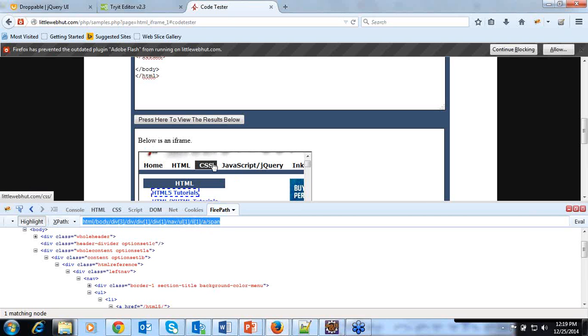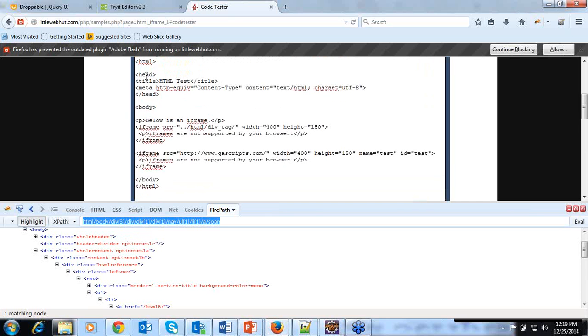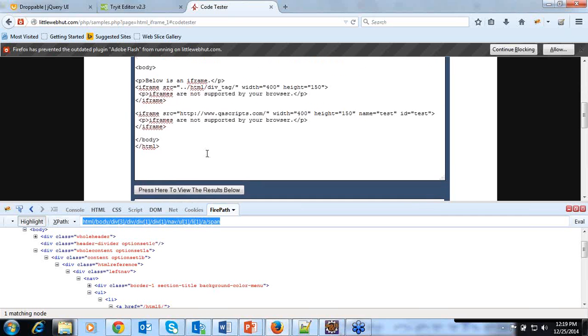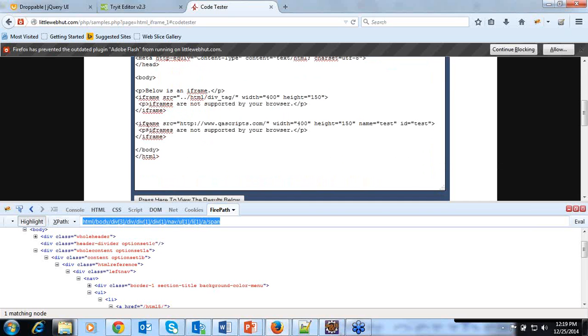inside this frame. Whatever XPath we are getting, it's a normal XPath pointing from these tags, right? Here it says HTML, then body, then div, and so on. But it's plain. As I explained, iframe is the tag. It works as a sub window because it has been taken from another window and embedded here. The content of the iframe has been taken from another window or another location and embedded here.